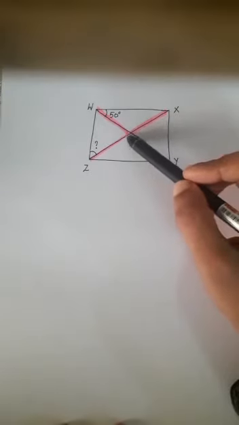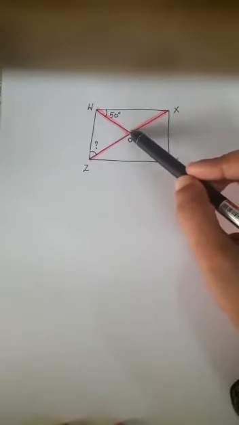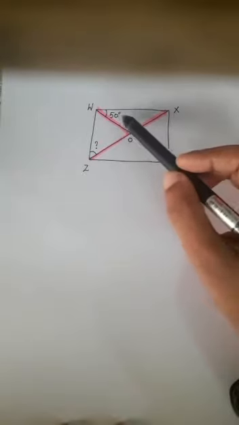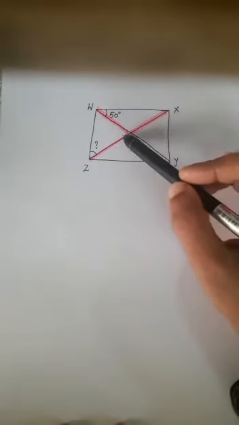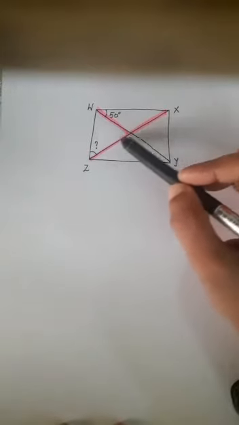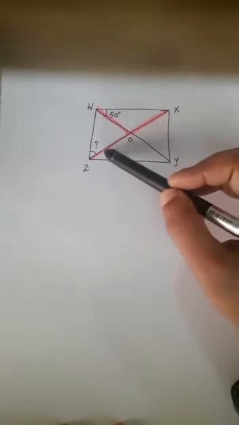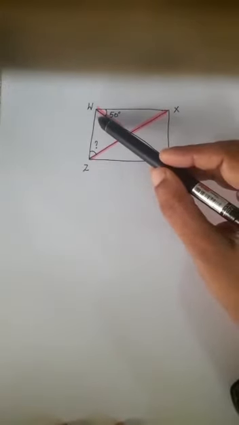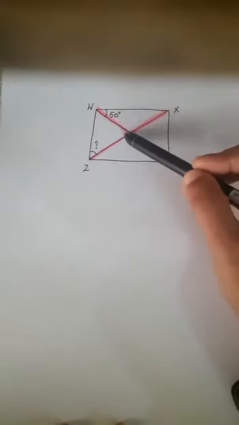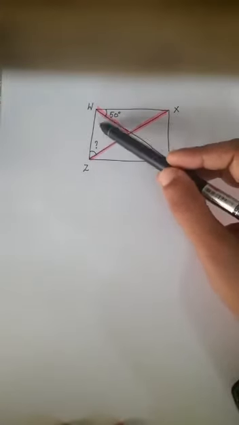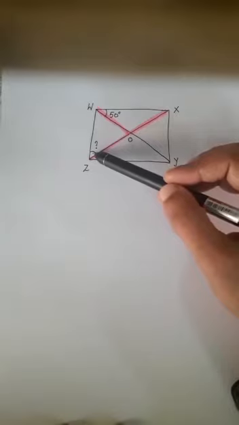Okay, now make use of the linear pair. If this is 80 degree, what is this? This is 100. Otherwise, you can also say if these two make 100, by exterior angle property, this is 100. Again this is an isosceles triangle. These two sides are equal. So definitely this angle and this angle must be equal. If this is 100, these two must be 80 divided by 2, which is 40.